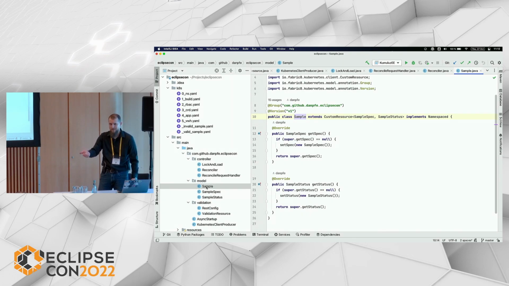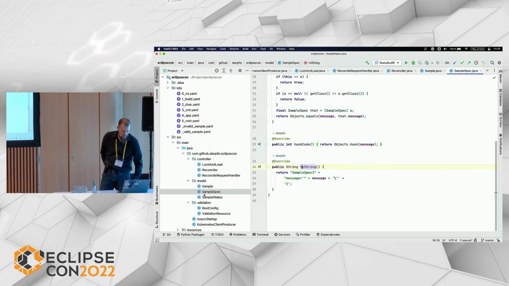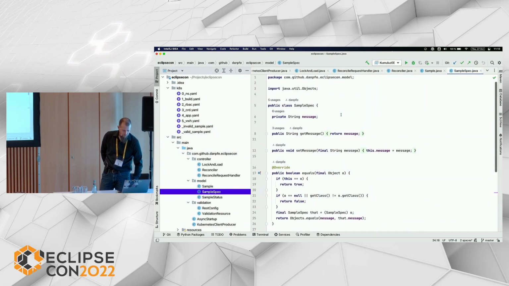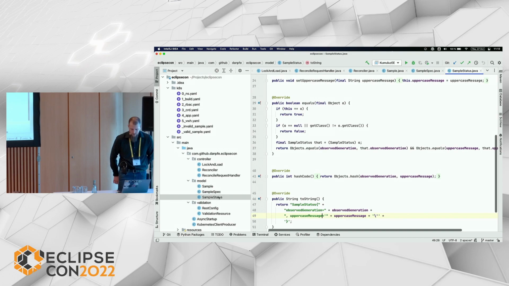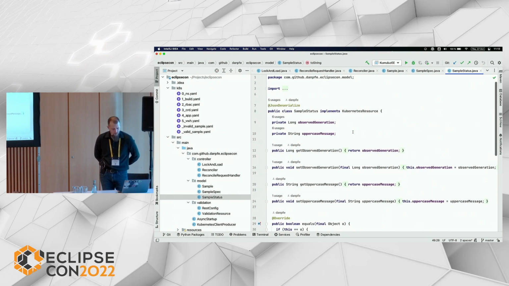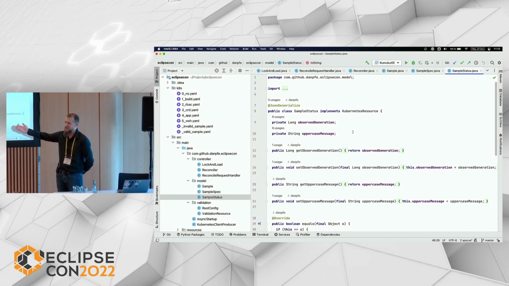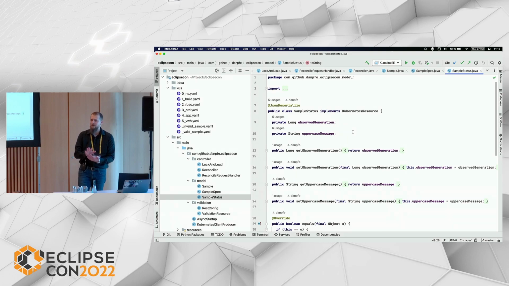And then we have our custom definition for spec, where we really just have the message, which I will show you soon, when we are interacting with the cluster. And we have the status, where we are recording the uppercase message, so that very little thing that our controller actually does will be stored here. And we want to remember what generation of a particular resource we have already acted on, so we don't do it again.